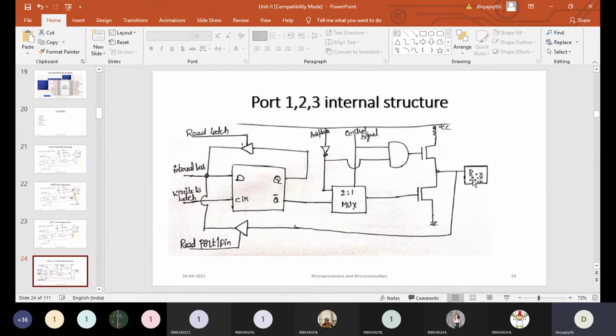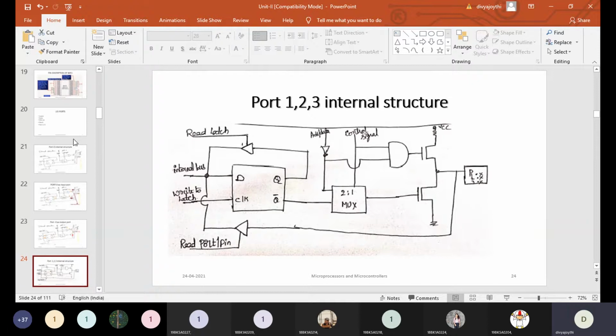In a similar way, I have written 2.x. That means if the numbering is like P 2.0, what does that indicate? Port 2 zeroth pin. So here the X value will be varying from 0 to 7, as each port contains 8 pins and every pin will start with 0 and the last pin will be the seventh pin. So that is the reason instead of mentioning 0, 1, 2 up to 7, I just mentioned X, where the X value will be 0 to 7.